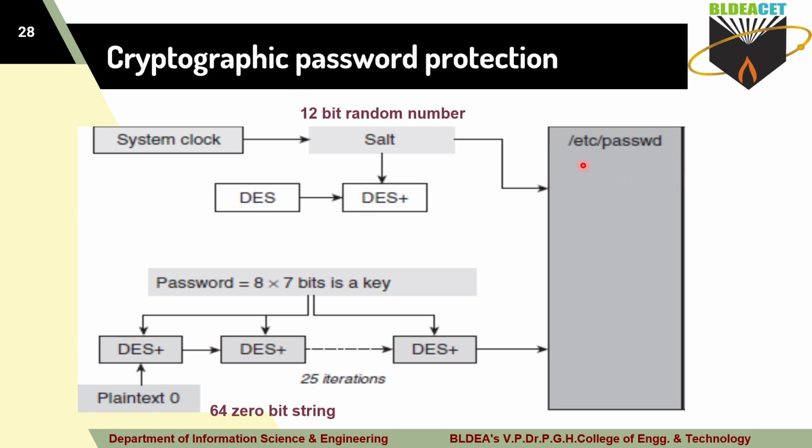As you already know, with a client and server, all the client information, such as passwords and user information, is stored in the server database. How is it stored in the server database? Instead of storing the password as it is, it stores the hash value of the password. Here you are using a hash function as the cryptographic password protection. That is one example, and this is one more example.